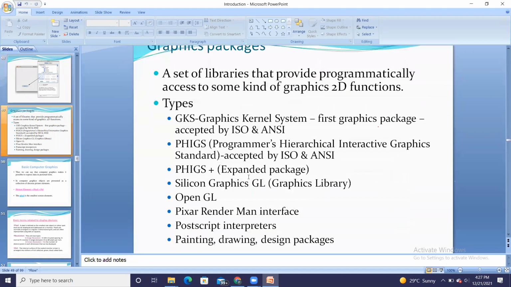And these are the different graphics packages available. For drawing, design, coloring, painting, all these things, different graphics packages are available.